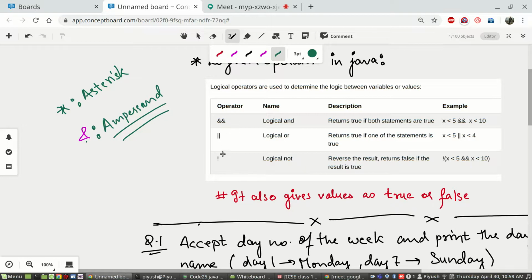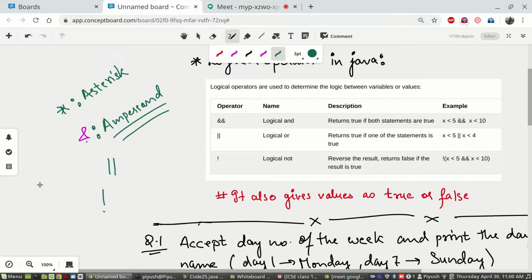There are three types of logical operators. First one is two ampersands back to back. Then you have two bars back to back, I think this is bar. They are logical OR. Then you have exclamation mark.